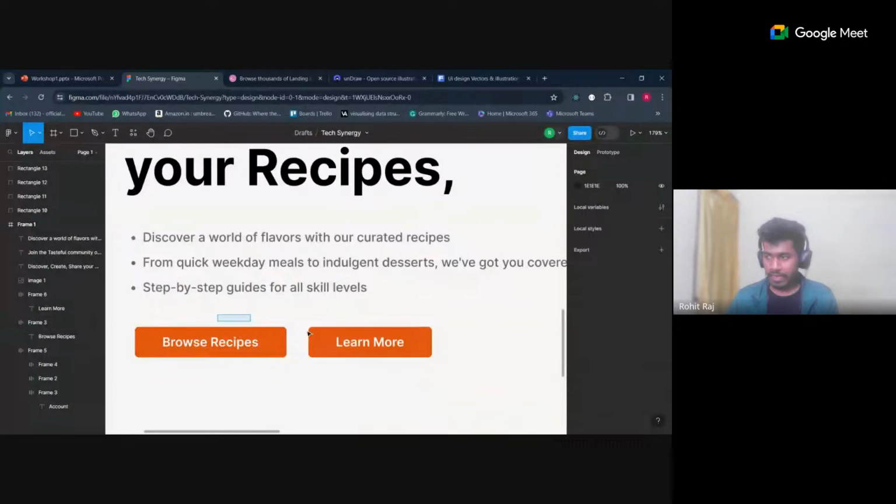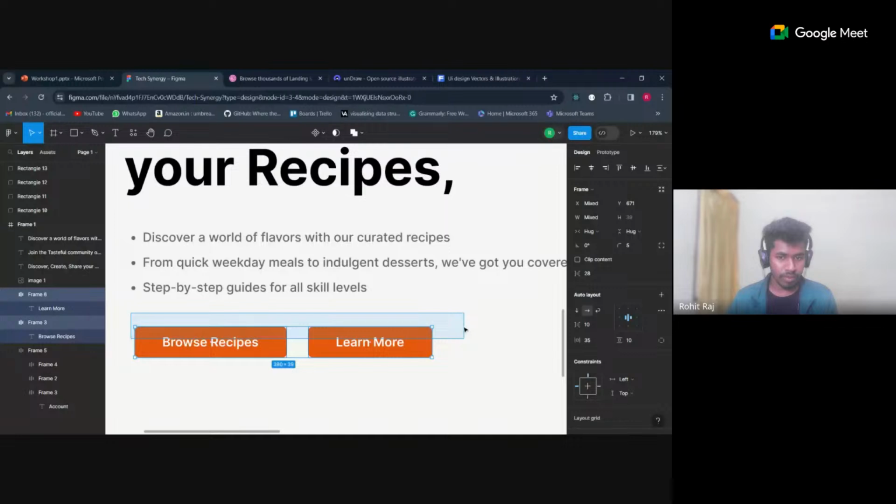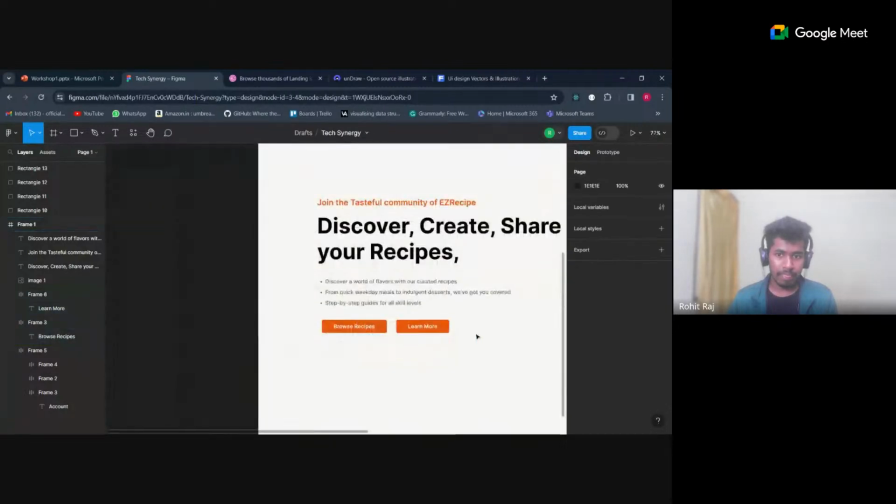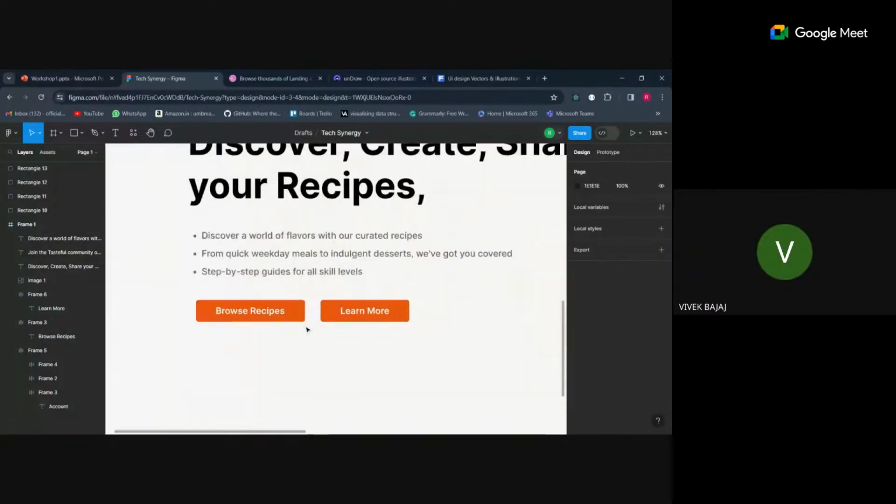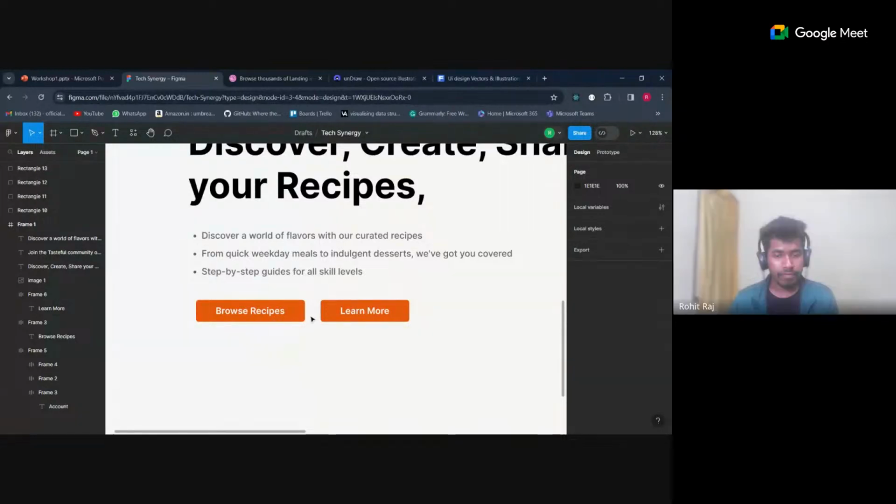And can anybody try to point out what they feel is wrong with these two buttons? The different width of the color. The two buttons are different. They both are the same in color, same in design. Size is different. Right, not exactly. Yeah, that size is fine, but somebody mentioned, I didn't see the name, that the colors are the same,